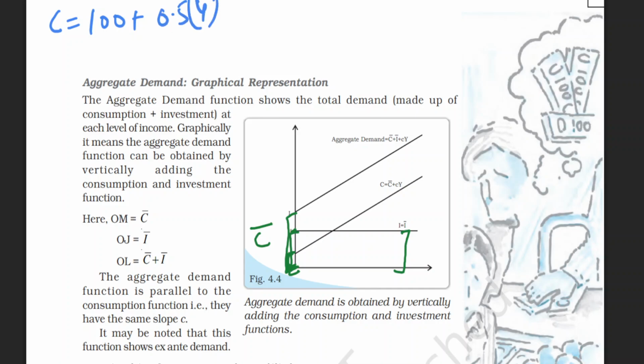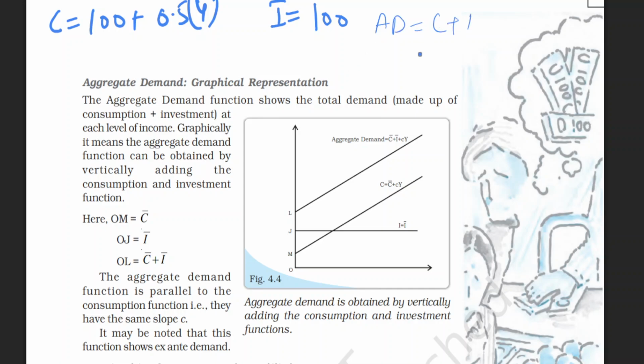Now this consumption function says the autonomous consumption is 100, and the MPC is 0.5 on Y. Your investment part is, suppose, 100. It's just a hypothetical example that I am taking. Okay, let's try to represent this particular thing like this. Let's start. Whenever we talk about the AD, it will be considered as C plus I, right?